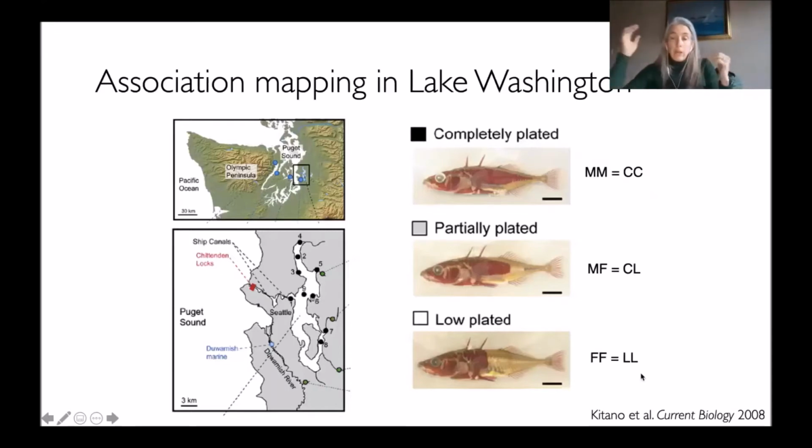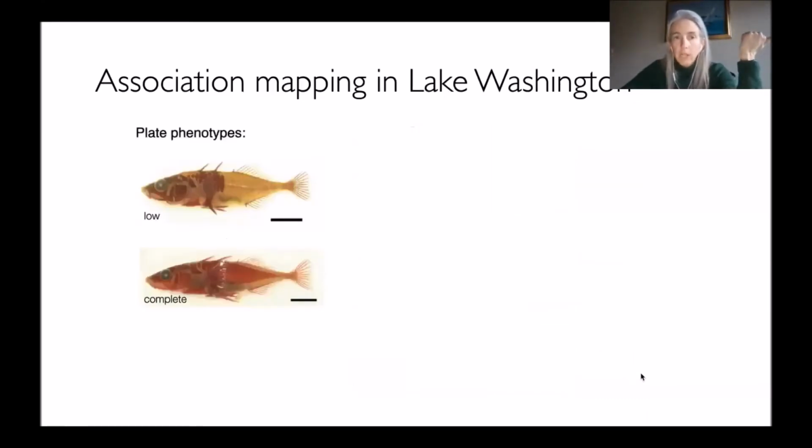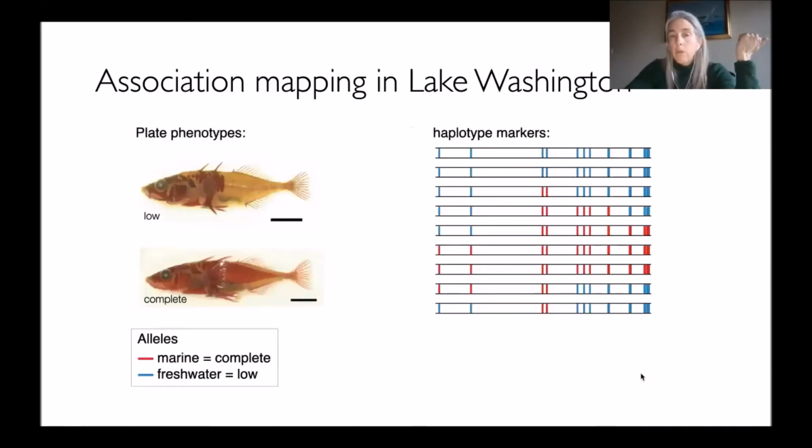But besides varying at plate phenotype, essentially this is a panmictic population. So at other markers, they seem to be freely interbreeding. So this provided a perfect opportunity to ask, could we find recombination across the EDA locus, and then use association mapping in this population to see what mutation in the haplotype was most strongly associated? So again, we would just collect fish, phenotype them, and then genotype them with markers across the